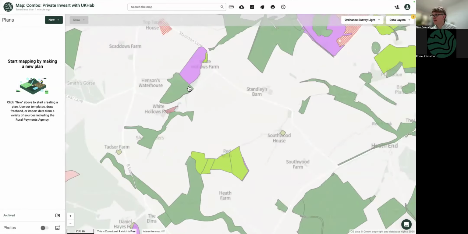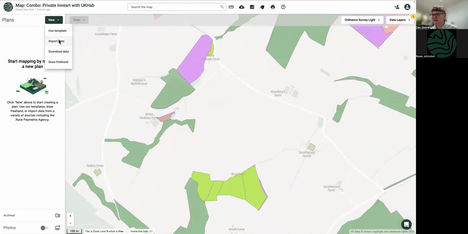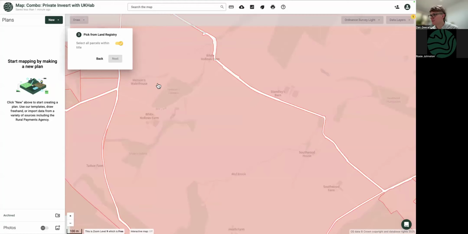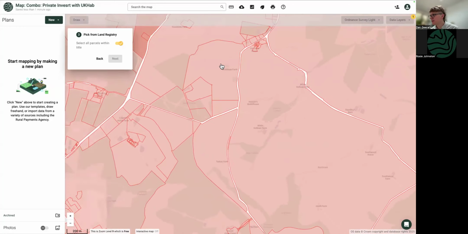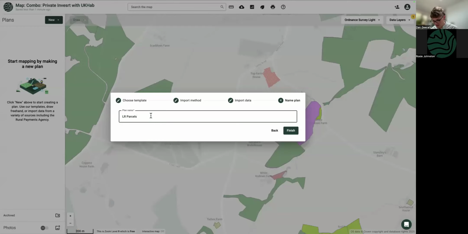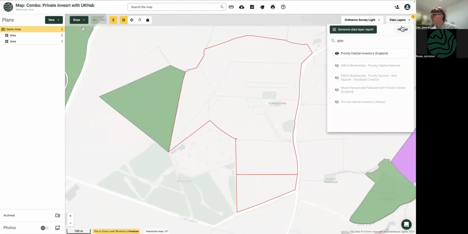variation. So I don't know this area. If you're on the call and you are from this area, I can only apologize, but I'm basically going to create from land registry a boundary. Well, it's quite a big area. Let's go for just this little small area. It may not be super exciting, but it allows me to at least understand what's there.